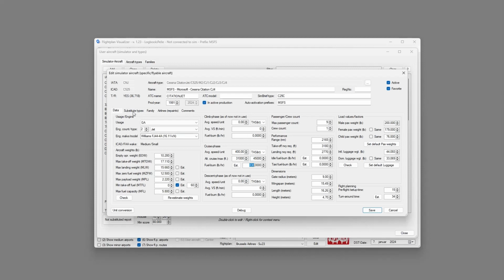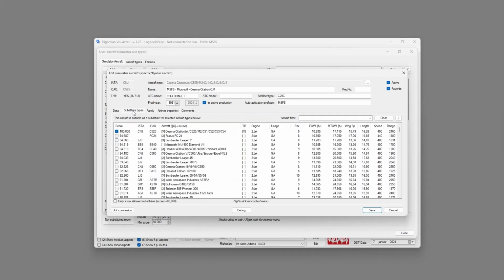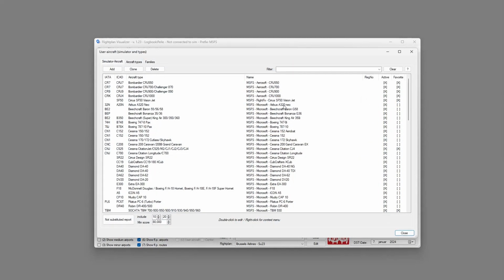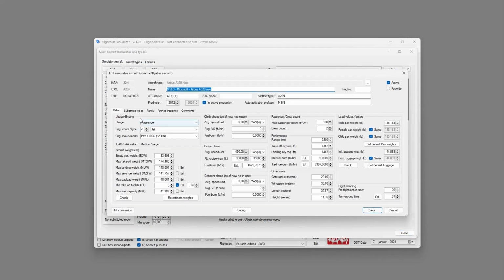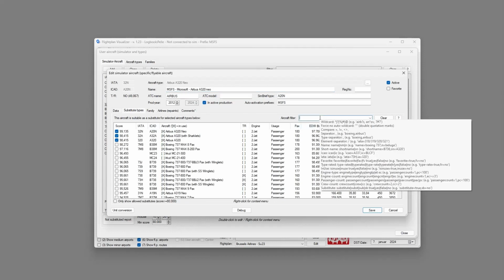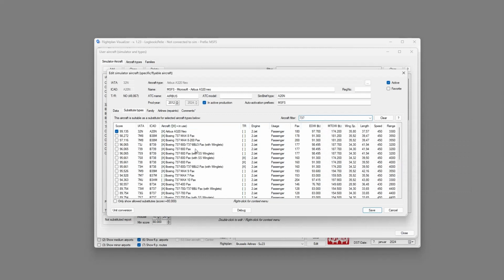A very important part of the simulator aircraft is substitution. Let's choose the Airbus. If I didn't have the PMG 737s and I wanted to seek employment for an airline that utilized those aircraft, but the only one I had flyable was the 320neo, I could go into substitute and I can choose to search for the 737,